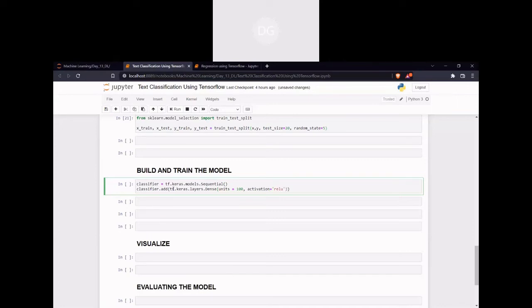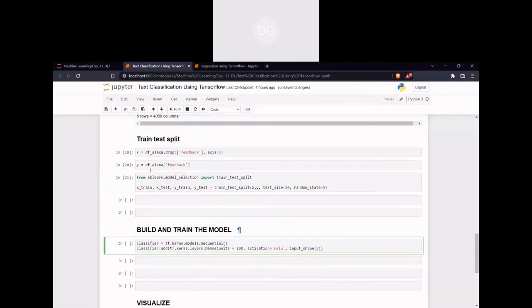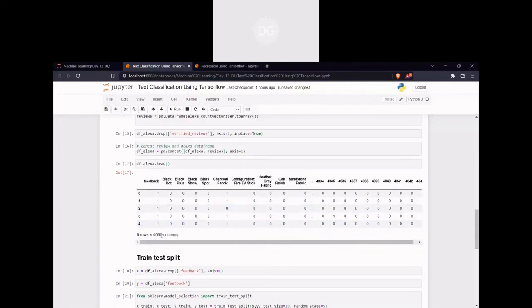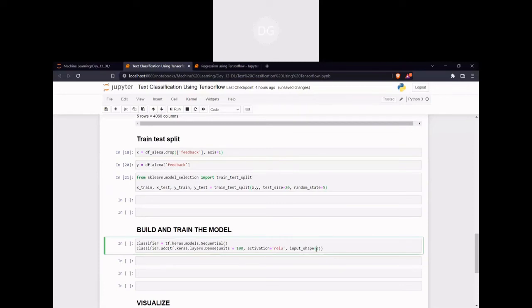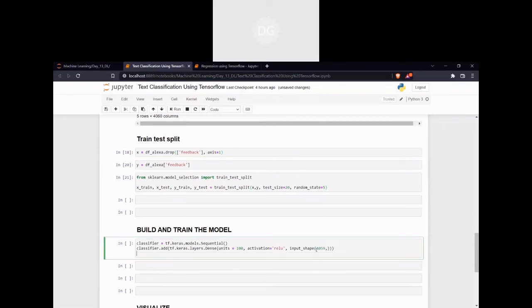How many inputs we are going to pass here? 4059 we have seen, 4060, and then 4059 columns we are going to pass. So here we have to specify it as 4059.